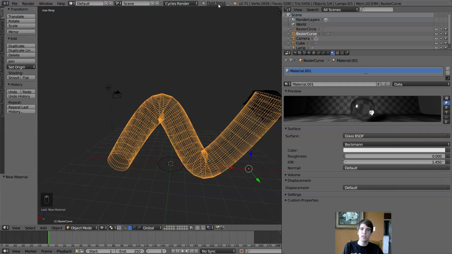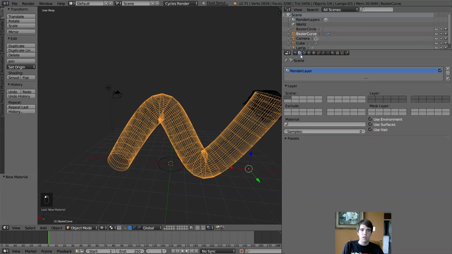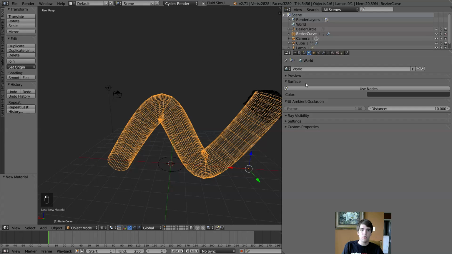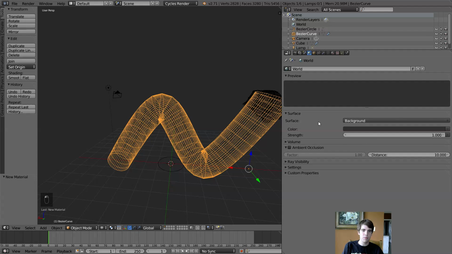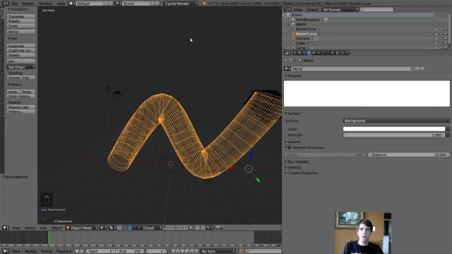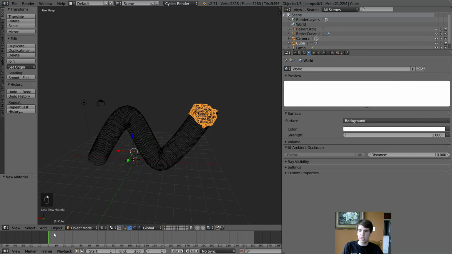Alright, the fluid simulation is almost done. It sometimes takes a little while. Hold on. Just kind of look through our settings. Oh, on the world, let's make the world. On the world tab, go to preview. On use nodes, we're going to click use nodes, and on the background, we're going to make this white for now. Okay, the fluid simulation is done, so let me click on the fluid and let's kind of scroll through